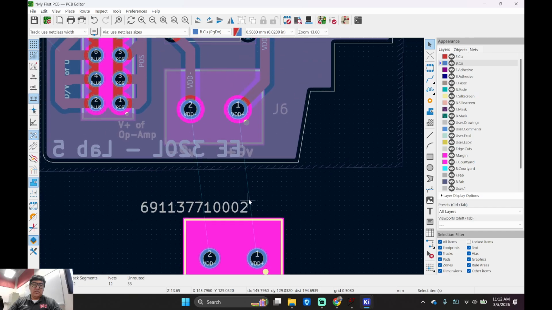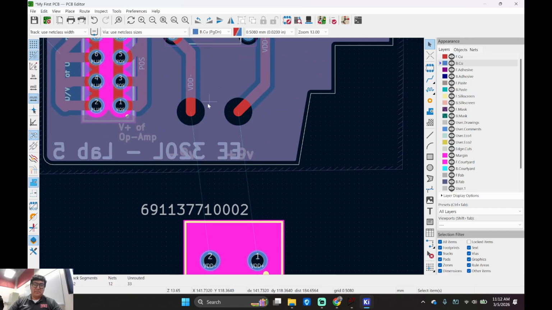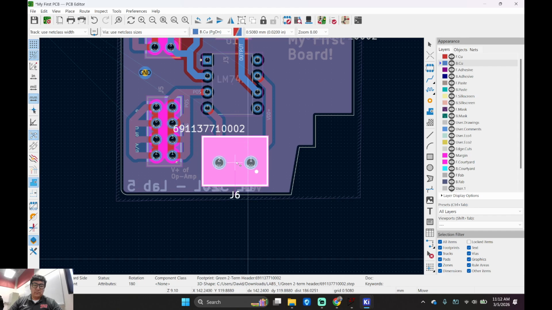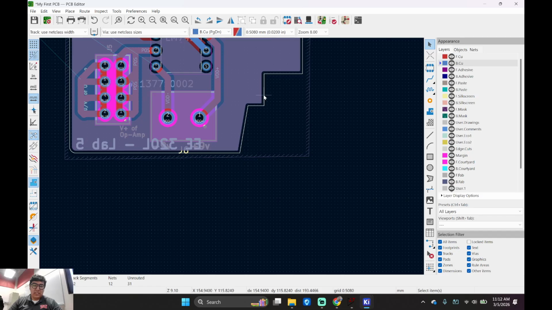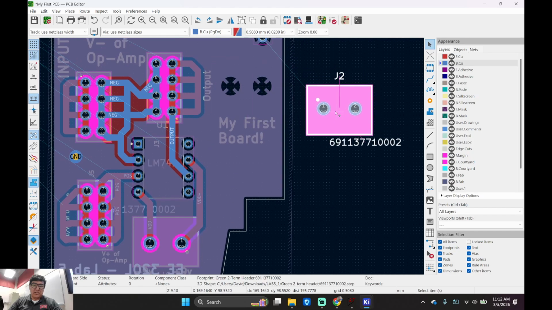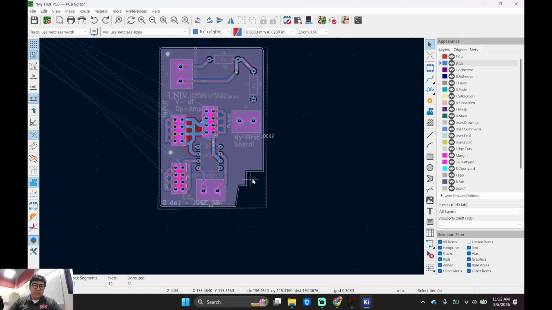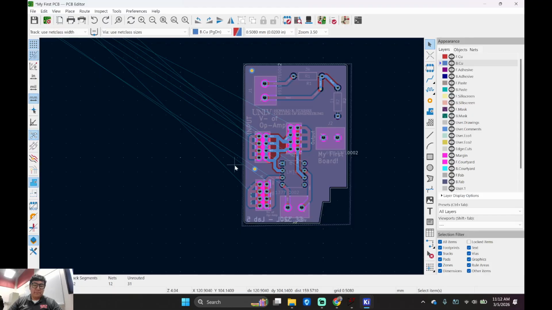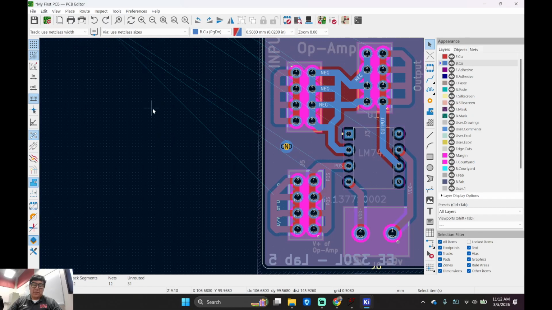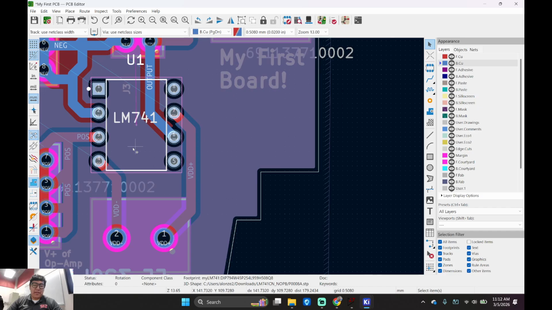Wait. Gotta delete this part. Wait, let me just check something. Okay, Control Z. Make sure I'm not going crazy. Is that cool with everybody? Let's do the op amp. So I'm going to delete this op amp footprint right here.